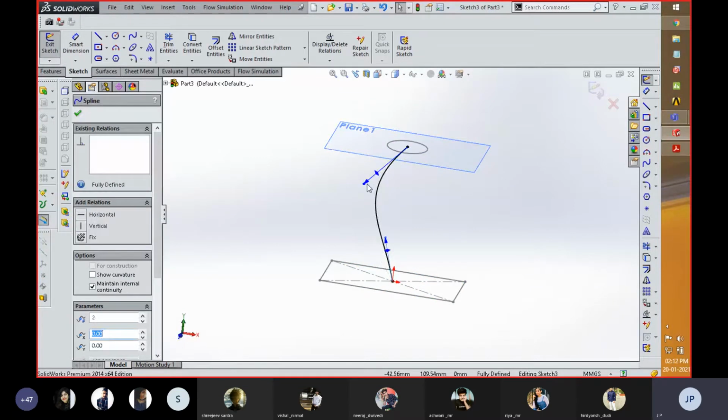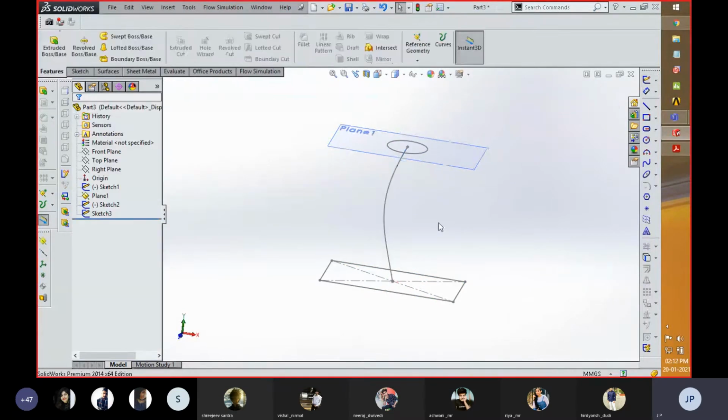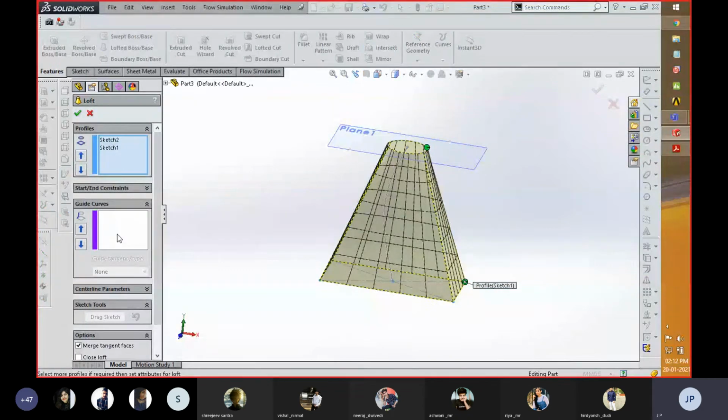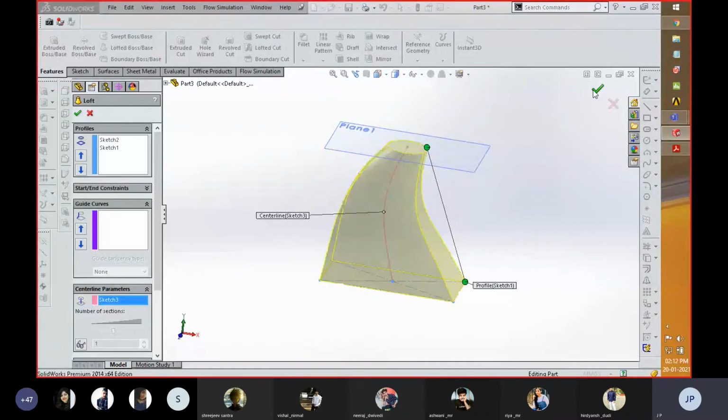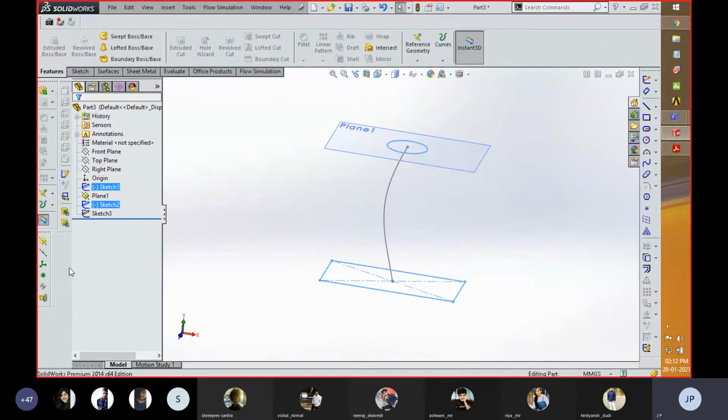So for doing that you need to decrease the value of splines with respect to the component and then select these two sketches, then click on lofted boss and then go to center line parameter and then again click on the center line, so both profiles follow that path. Right now it is not allowing us to do that, so that's why it is restricted.